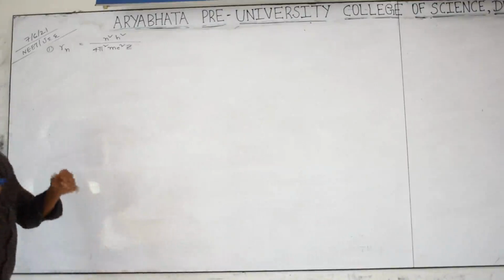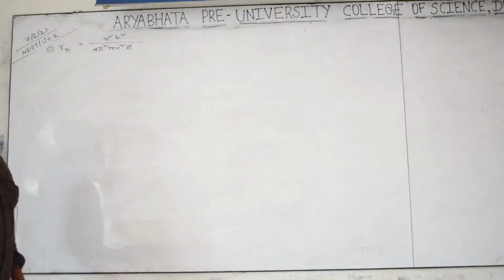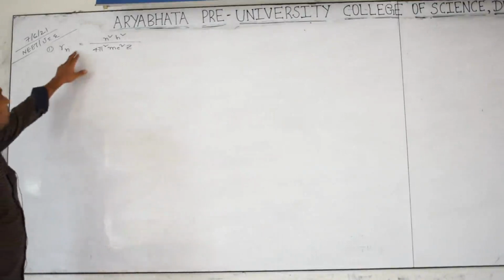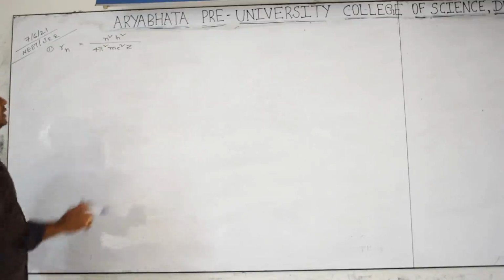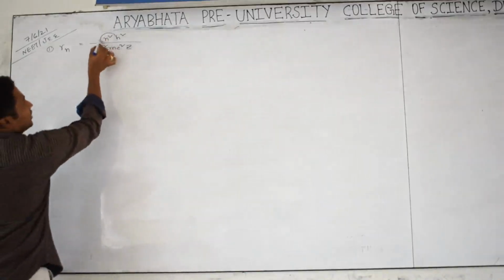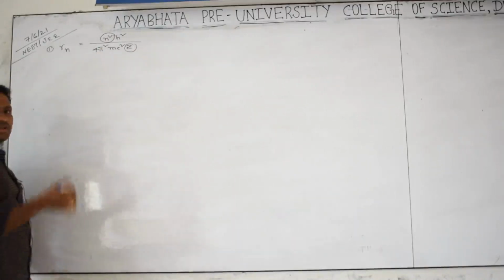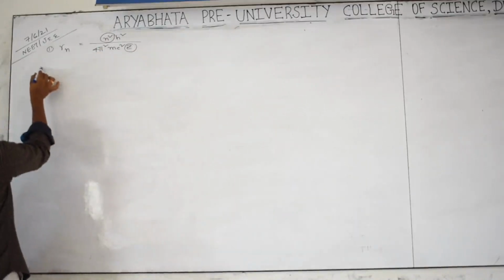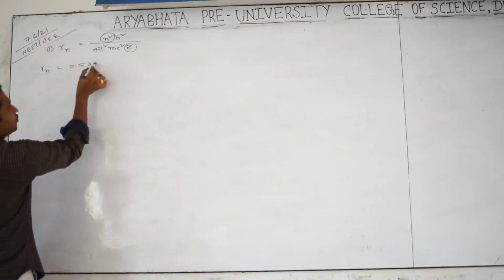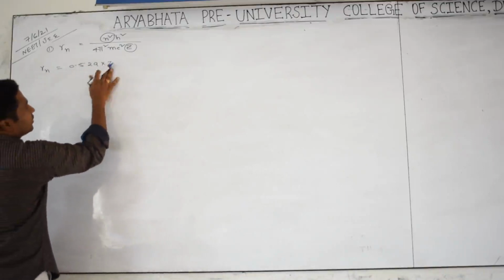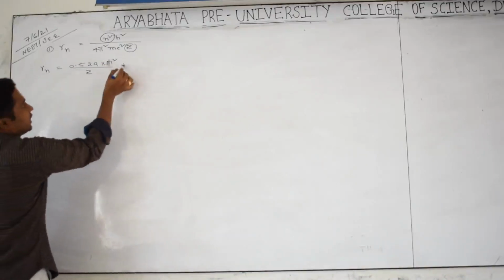Yes, he is asking theoretical formula, numerical formula is also asked. That's why you have to observe very carefully. Radius of nth orbit is equals to n square h square by 4 pi square m e square z. Here n means orbit number, z means atomic number, but remaining everything is constant. You can substitute over there. You are getting radius of nth orbit is equals to 0.529 into n square by z Angstrom units.